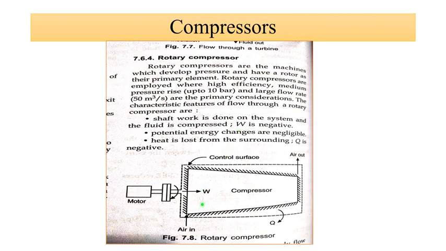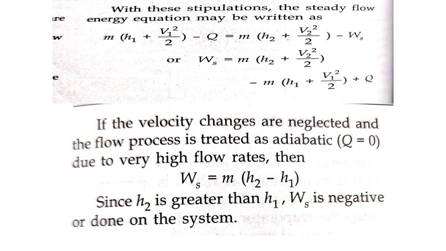But when the fluid is going out of the compressor, it will have some temperature. So actually heat is given out by the system to the surroundings. We know that when there is outflow of heat, Q will be negative. Also there will be some velocity change because the pressure of the fluid is increasing. With these stipulations, we can write the steady flow energy equation as m into h1 plus v1 square